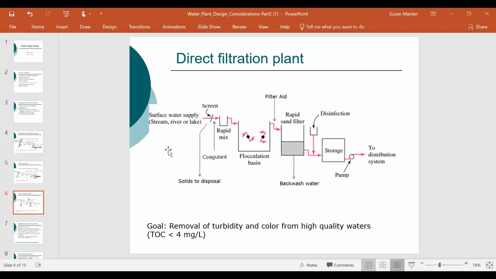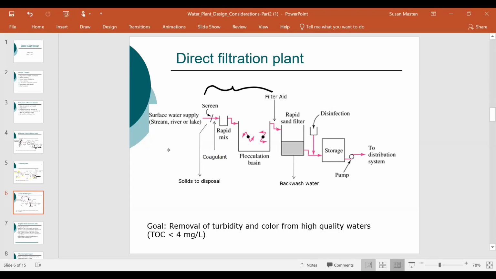When we look at direct filtration, the big difference here is we're looking at a much purer water supply. So for instance, Lake Superior, very clear, very little organic matter, very little nitrogen, phosphorus, so nutrient levels are low. And here what we can do, because we're not going to produce a significant amount of solids, we have the same sort of initial process here,